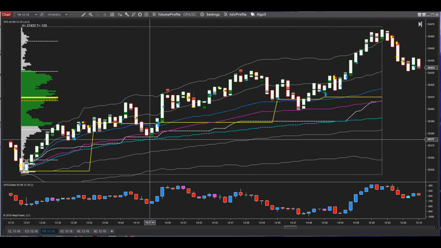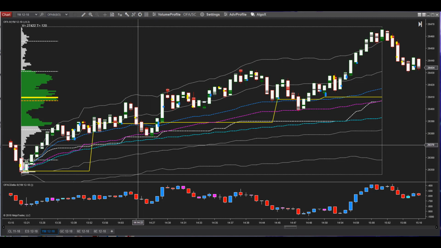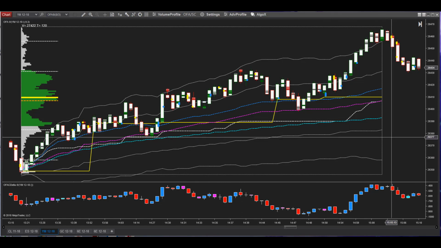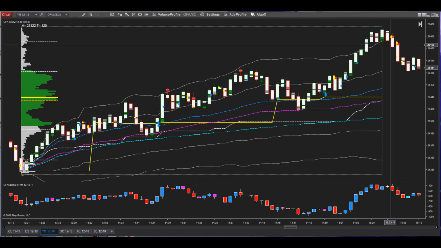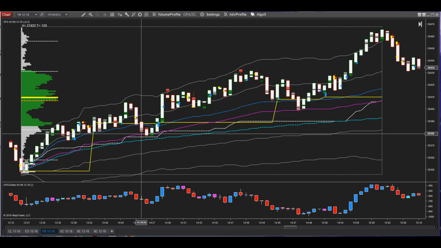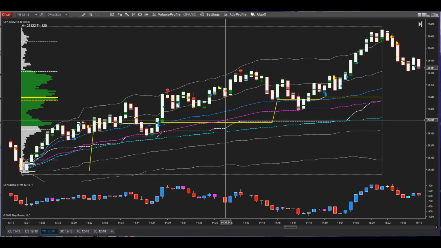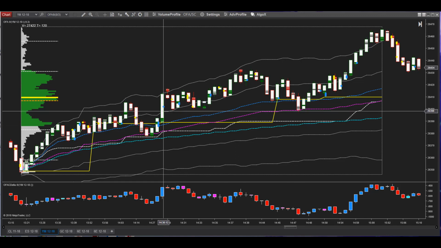So we have this zone here, and then the price continues north beyond the 3 o'clock London time. So we have a test here, and then we have another test of the VWAP here. Also, what I'd like to draw your attention to is if you contrast this bar here at 1430 and the